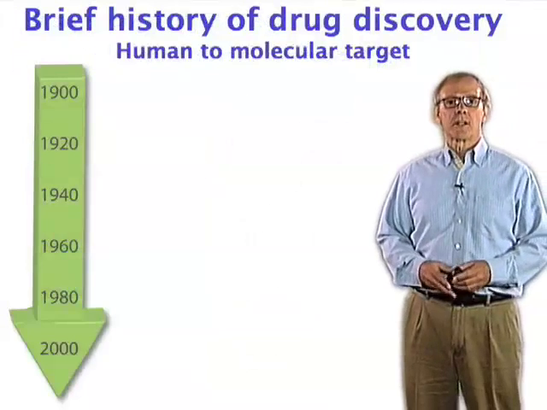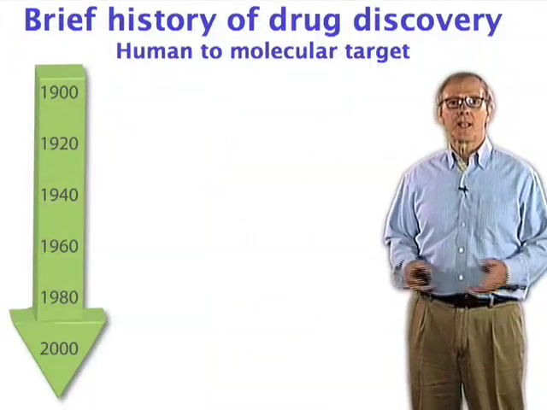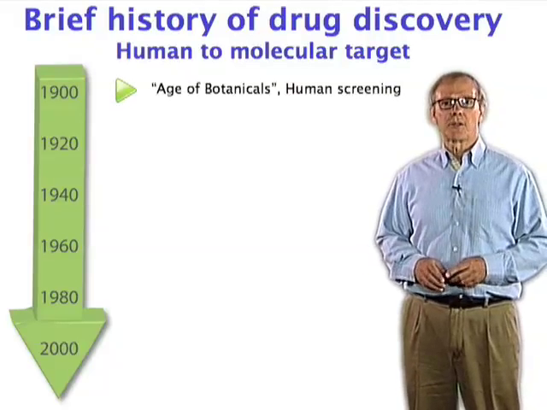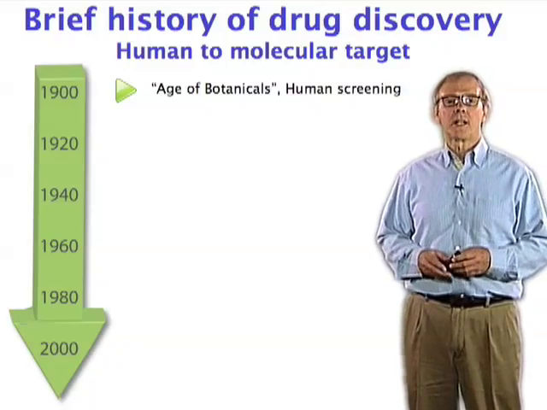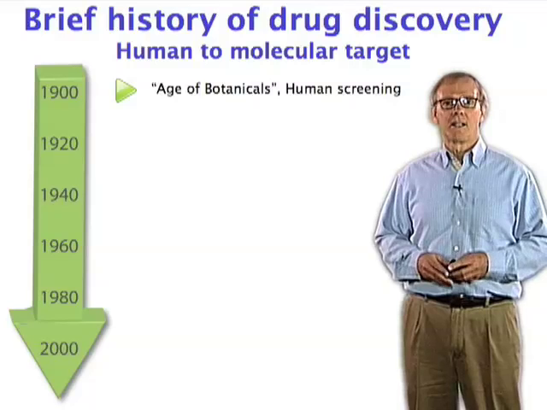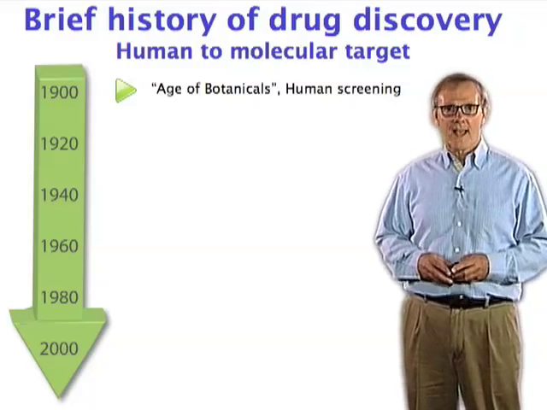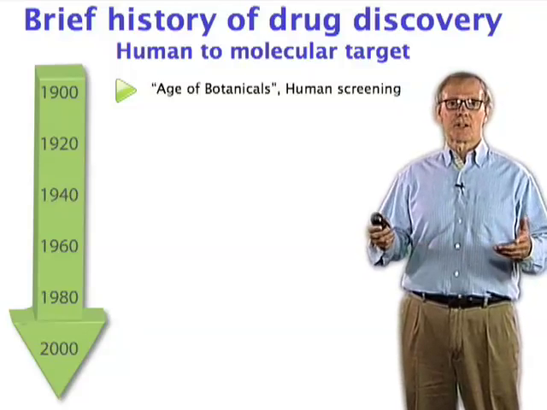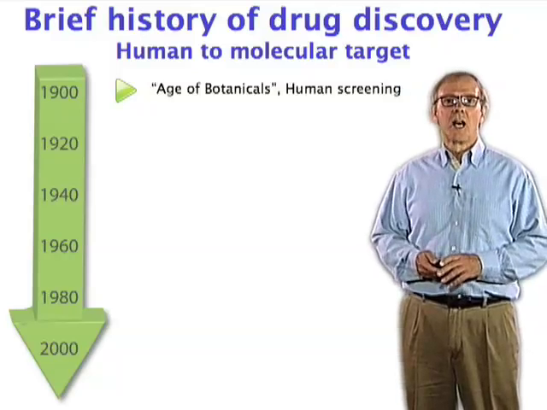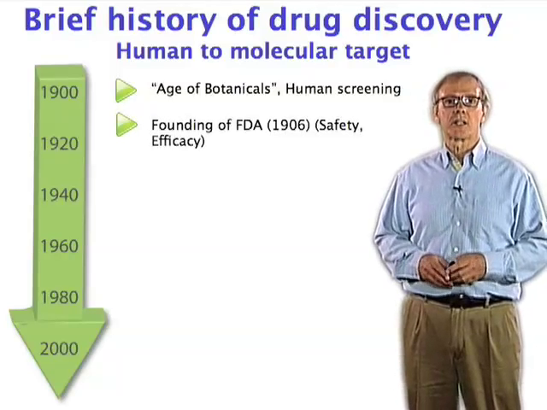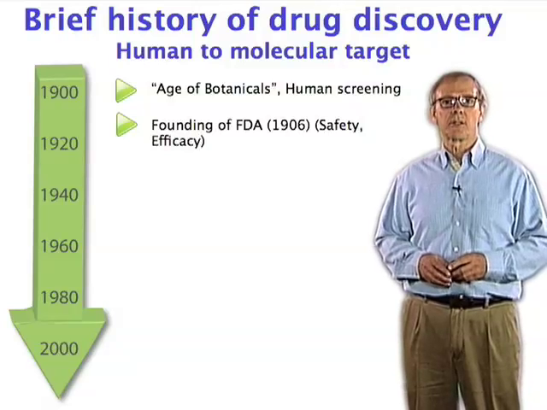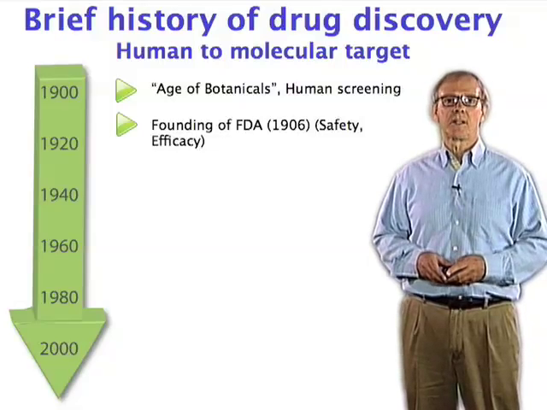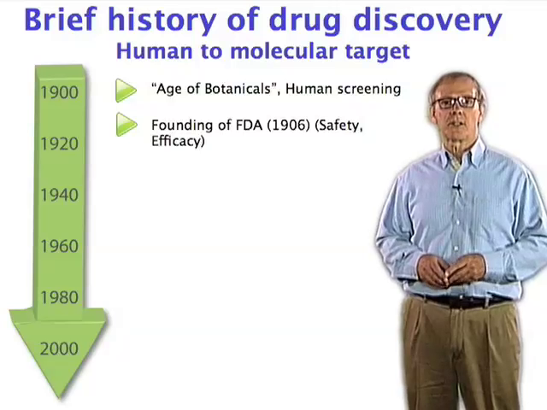To understand the modern drug discovery and development process today, it's useful to review, briefly, the history of drug discovery. Prior to 1900, most drugs, in fact only a few really, were identified through human screening of natural products. For instance, aspirin was discovered from tree bark, quinine was discovered, and even illicit drugs like cocaine were discovered. Around the turn of the century, in 1906, the Food and Drug Administration was established because a number of these kinds of potions or elixirs were found to be neither safe nor efficacious, and it was necessary to regulate these